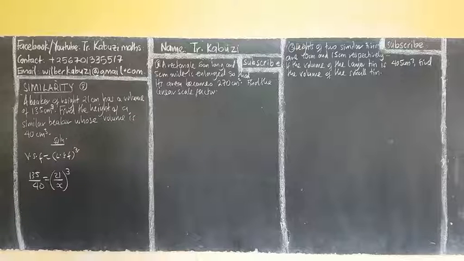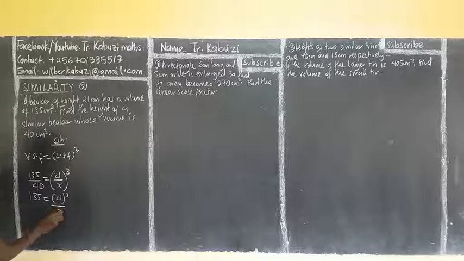Now I can cross multiply and get my answer. So this will be 135 over 40 equaling 21 cubed over x cubed. So if I cross multiply here,